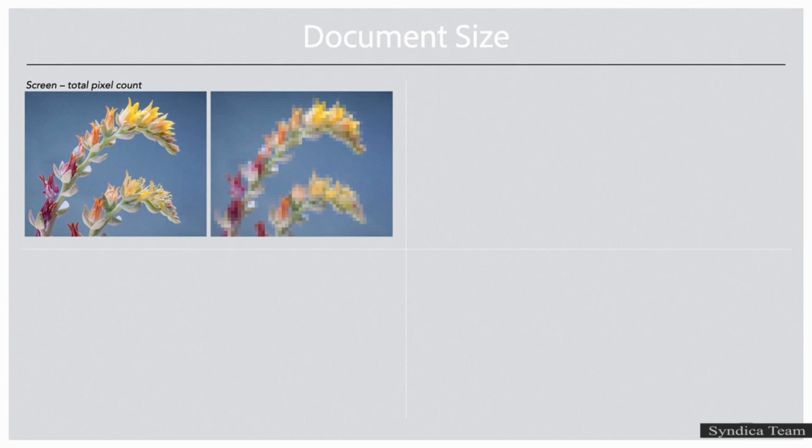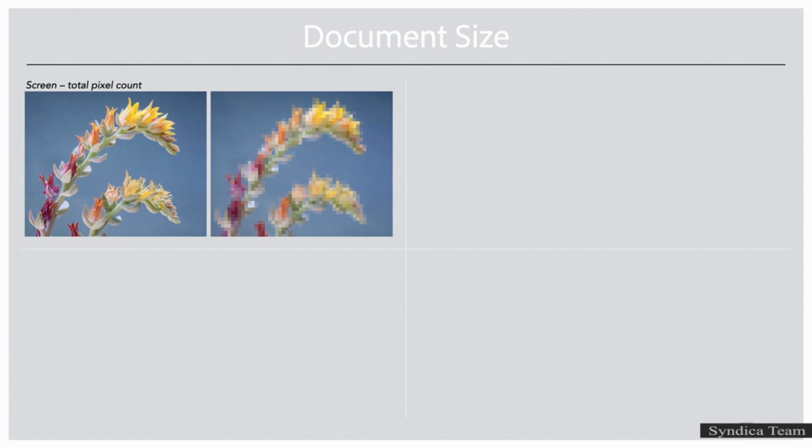For example, when I post images to my blog, if I want them to be the same width as the body of the text, which is 600 pixels wide, then I would need to create a document with a width of 600 pixels to have the image be the same width as the text. It wouldn't matter what the resolution of the file is, as long as the width was 600 pixels.